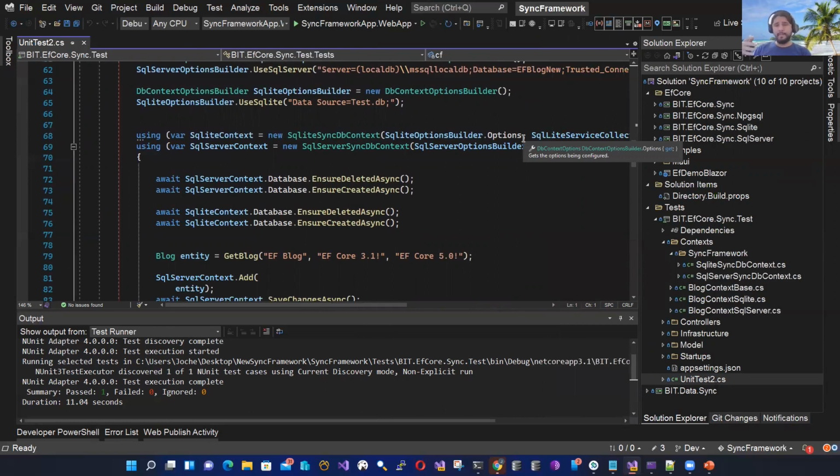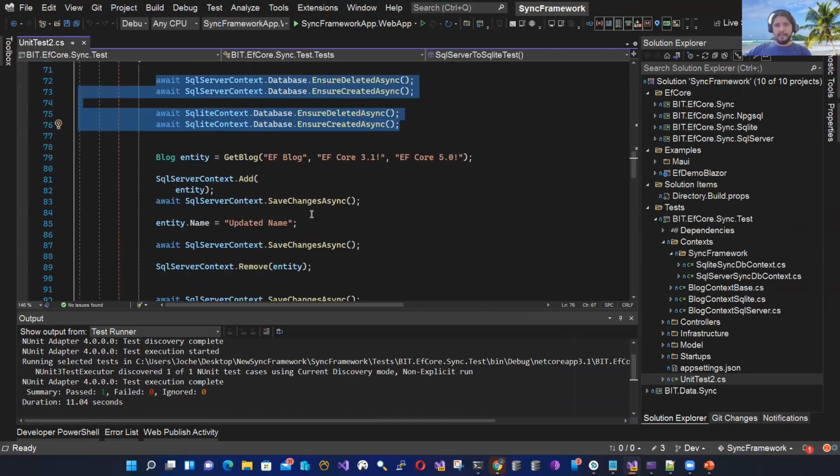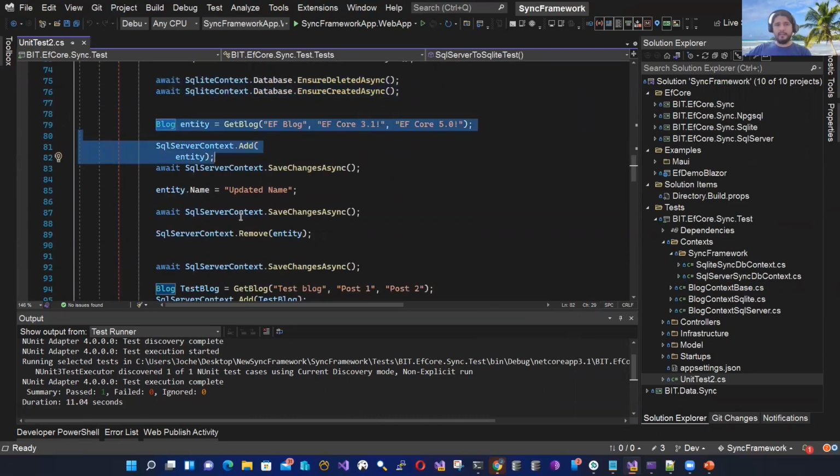Basically, the same example that you see in the framework tutorials about blogs. So we use the same also. So here we delete both contexts and we recreate them again. And then we create some data, update it. Every time that we save changes, if we go back to the presentation,